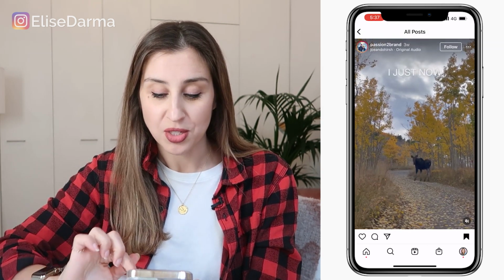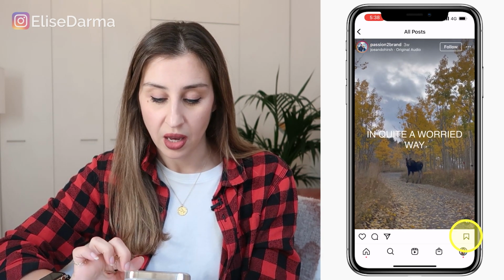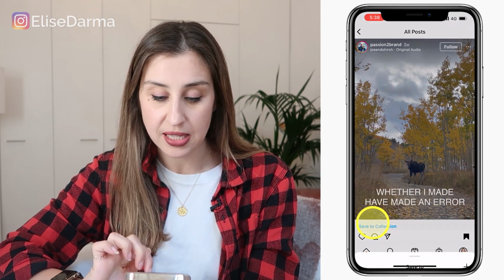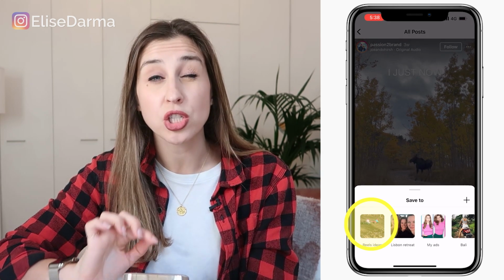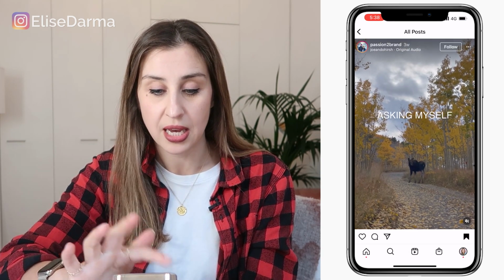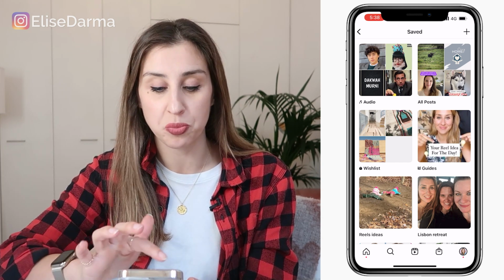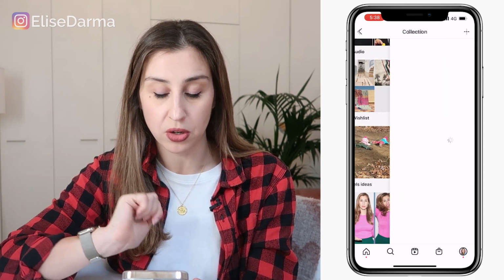Remember this one? So now if I untap the flag in the bottom right and tap it again, I can then hit save to collection, and I can actually choose which collection to save it to. So I can put it into Reels ideas. Now I've basically just moved it from, well, it's still in all posts, but now it's inside of another collection